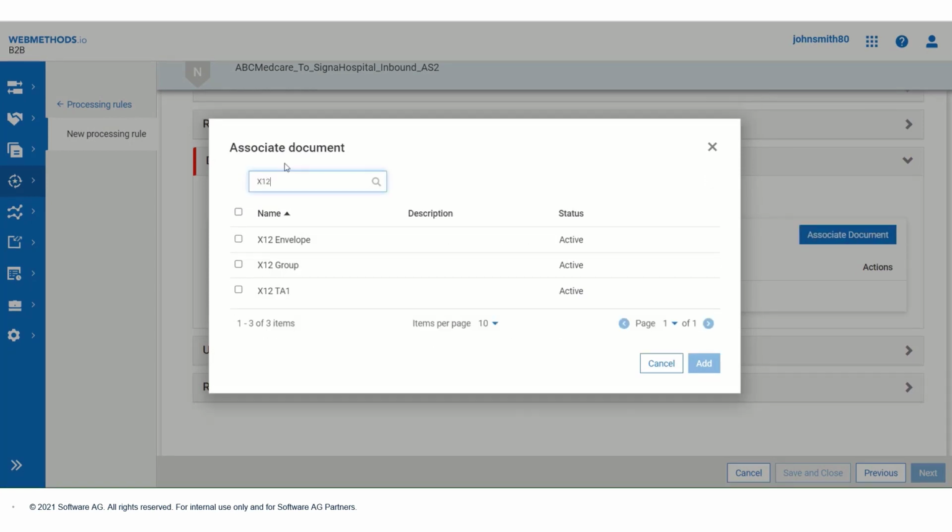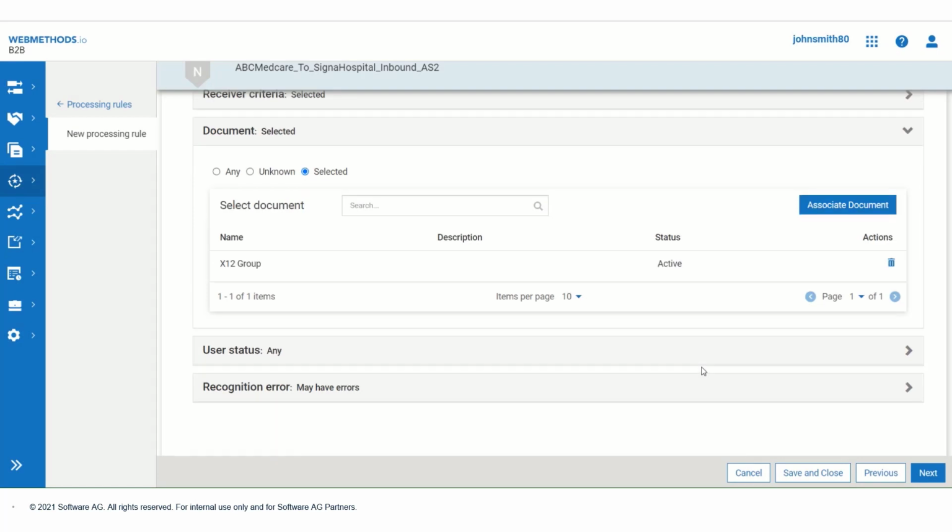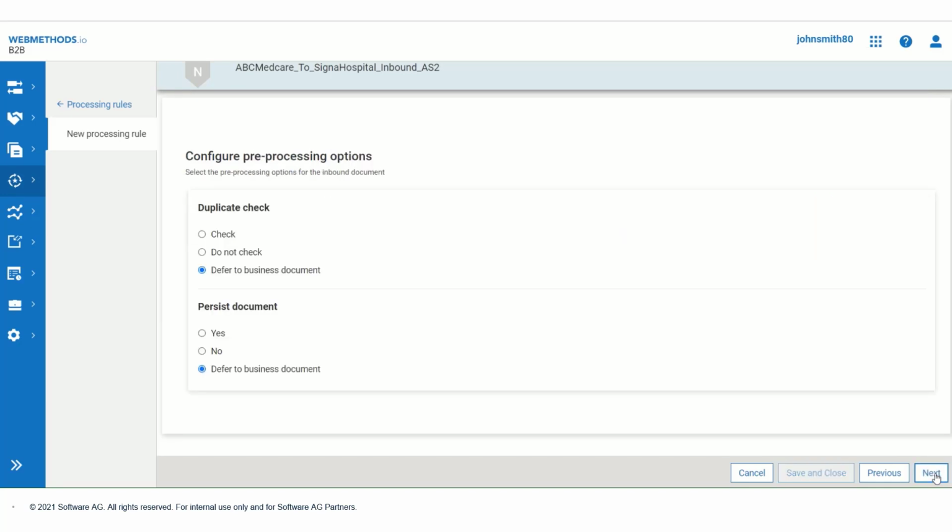Look for X12 group, select it, click on Add. Now again let user status and recognition error be any, then click on Next, again Next. Let this be Defer to Business document. Now click on Next.